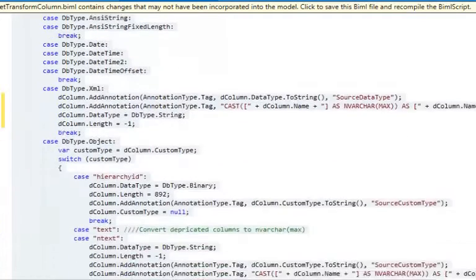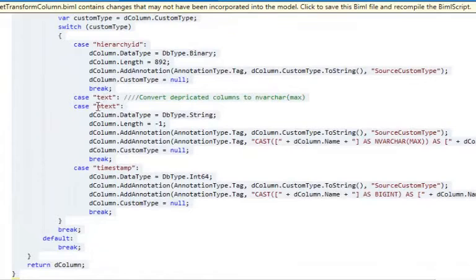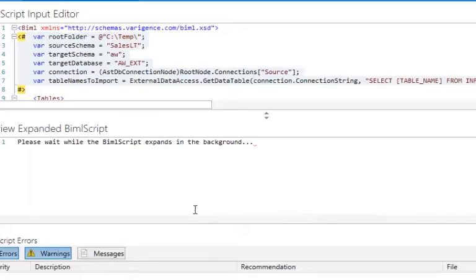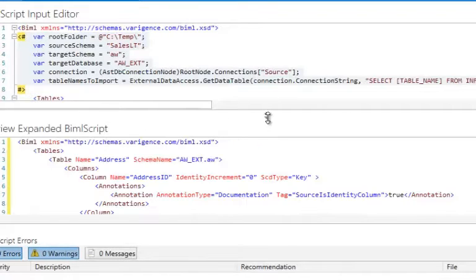And as you can see here, I've got a couple of things down the bottom where I do the same to text and ntext. And again, probably got this the wrong way around also, but I'll clean that up next time around. Okay, so save that down, and I'll go back to my tables to import. So basically what I'm going to have here is I'm going to now just go and